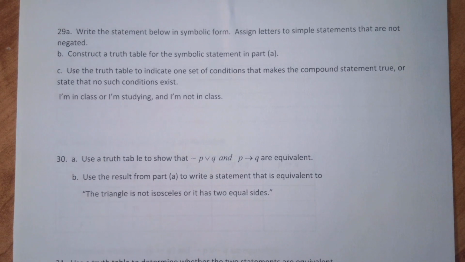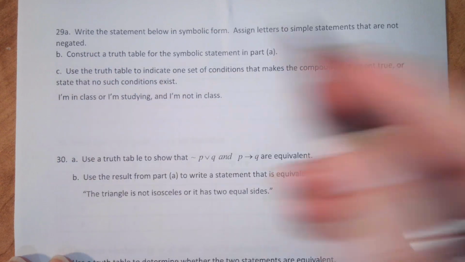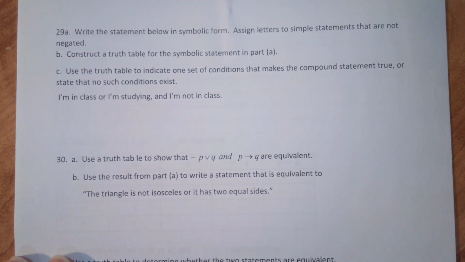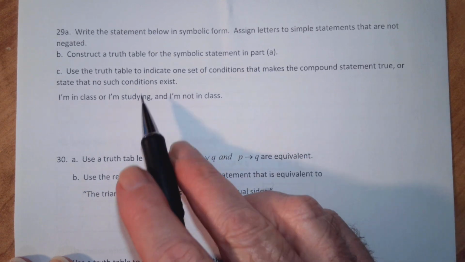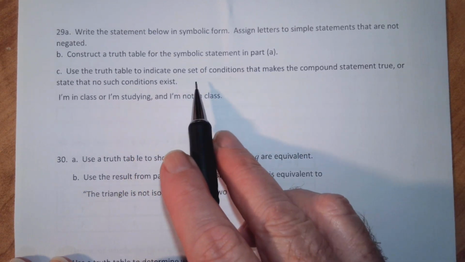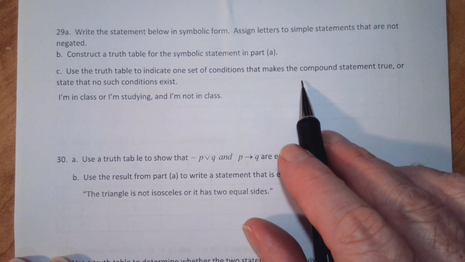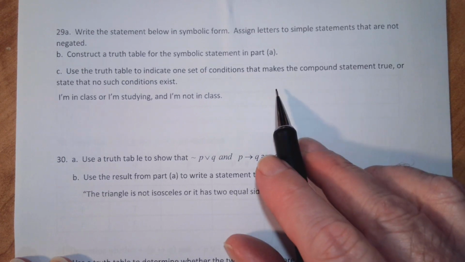So let's get started. On 29A it says write the statement below in symbolic form. Assign letters to simple statements that are not negated. So make sure your statements are not negated. Construct a truth table for the symbolic statement in part A. Use the truth table to indicate one set of conditions that makes the compound statement true or state that no